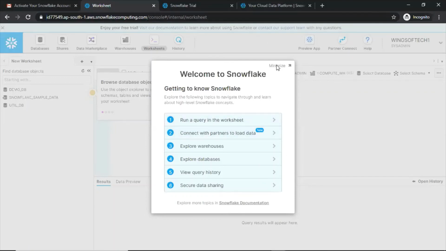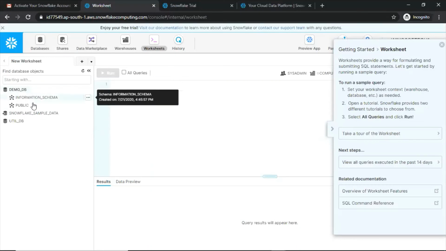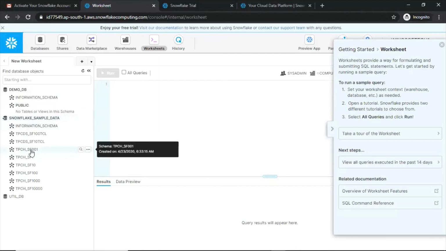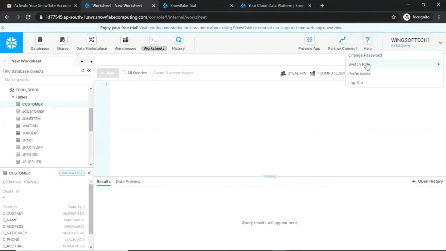Now your account is ready, and you can go to the demo DBs or sample data that is there. Now you can see the roles here. Now we have 400 credits.